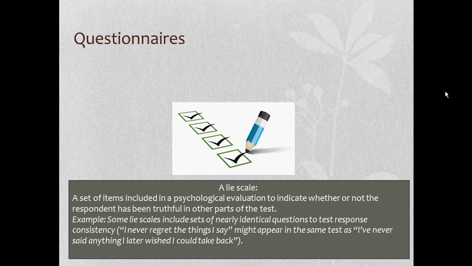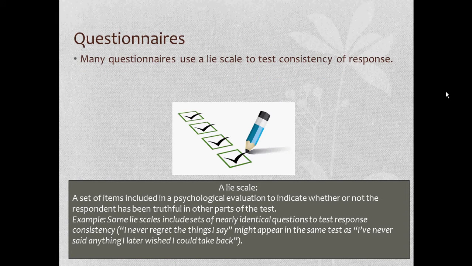Okay, questionnaires. Now, lots of questionnaires use something called a lie scale. And this is a set of items just checking whether the respondent has been truthful. So, for example, including nearly identical questions but worded in a different way. Like, I never regret the things I say, and I've never said anything I later wished I could take back. You would expect the participant to give the same response to both. So they'd say yes to I never regret the things I say,